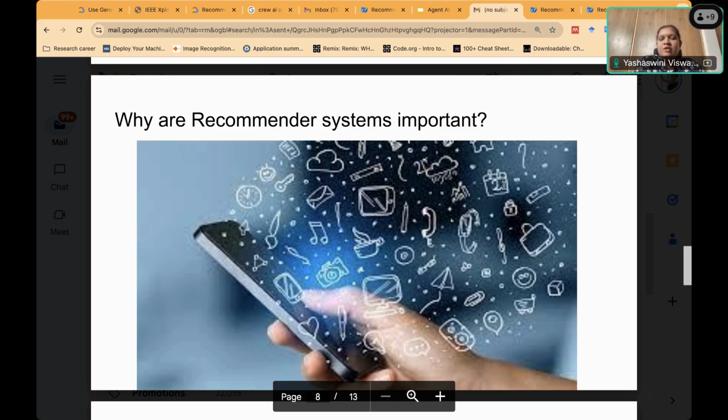We already saw that we are living in a digital world and the catalog is very big. That's one reason. And can you tell me from a business perspective how recommender systems will help?